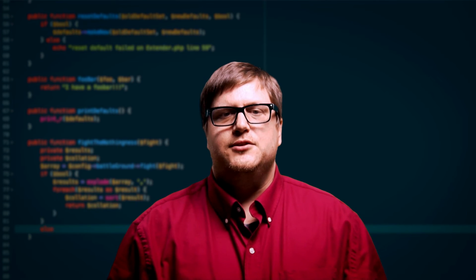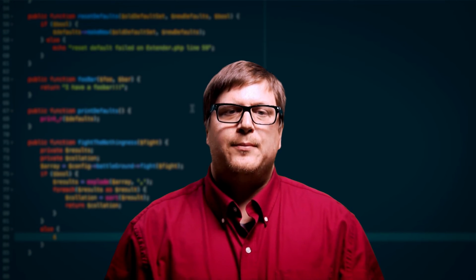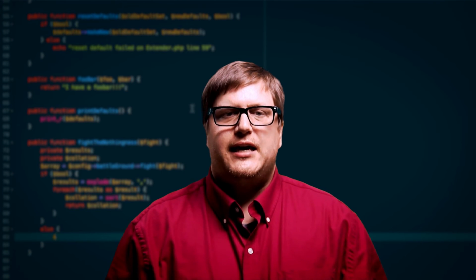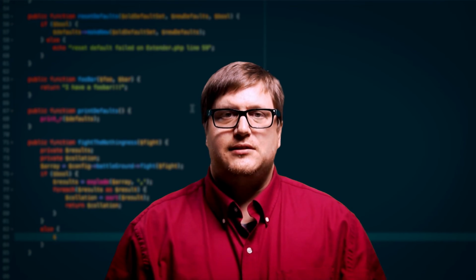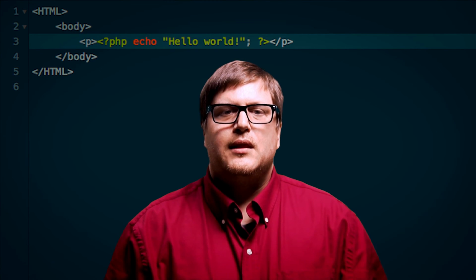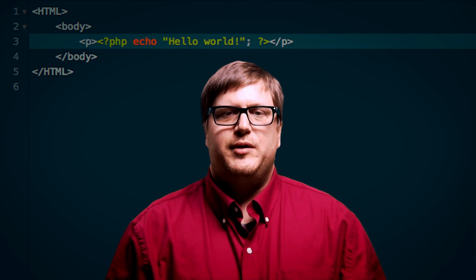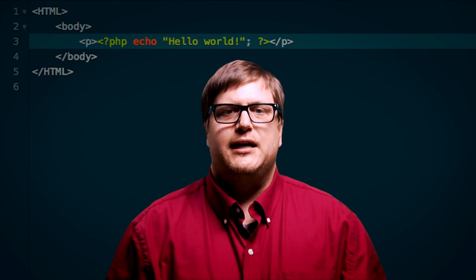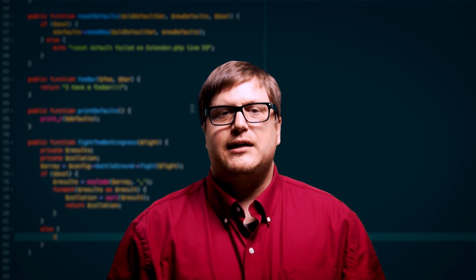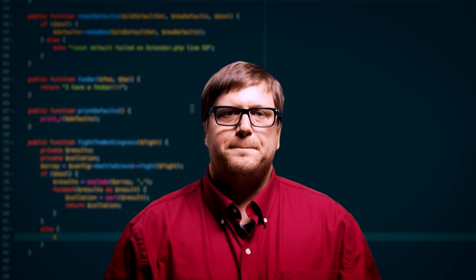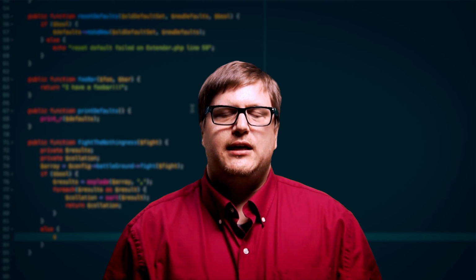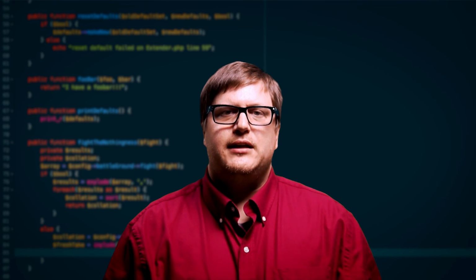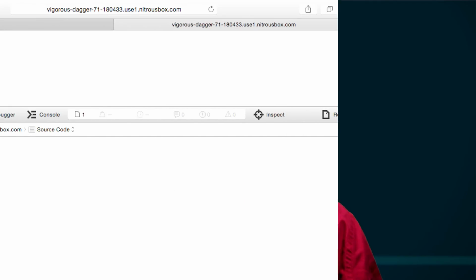So let's look at how we can do this by embedding PHP right inside the HTML. In this case, we'll need to change the file extension to .php. And then we can write blocks of PHP code right inside the regular HTML. The PHP will process first on the server and then generate the result in HTML. And we can see by looking at the page source in the browser that even though our code includes PHP on the server, the final result is still an HTML document in the browser.